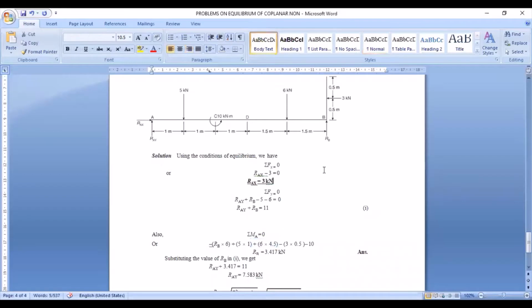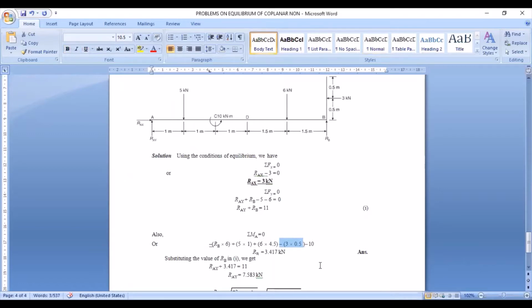Next, you have this 3 kilonewton force which is horizontal. So distance to be multiplied is vertical. The line of action of this 3 kilonewton force will be in horizontal direction like this. Therefore, distance to be multiplied is vertical. So at what vertical distance is this 3 kilonewton acting from point A? It is acting at a distance of 0.5 meters. And what type of moment is it causing? It is causing an anti-clockwise moment. Therefore, it is taken with the negative sign, that is 3 into 0.5 meter.